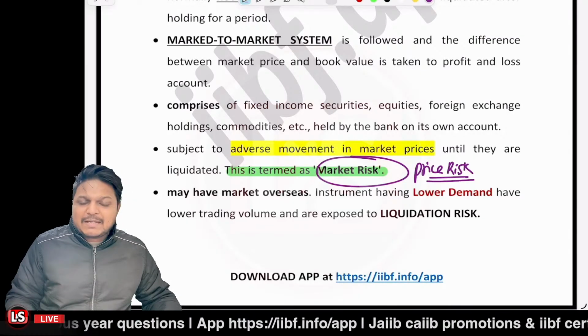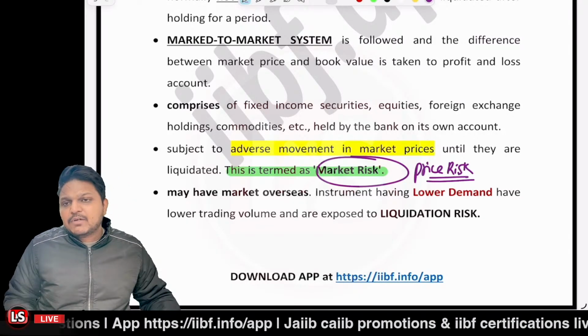Okay, is that particular thing clear? And other than that, definitely if the counterparty